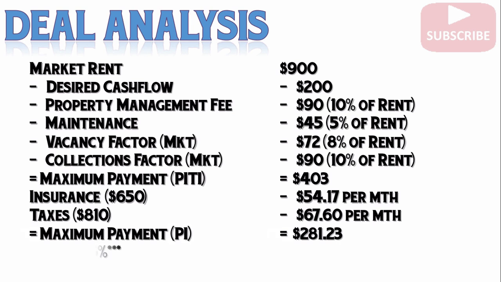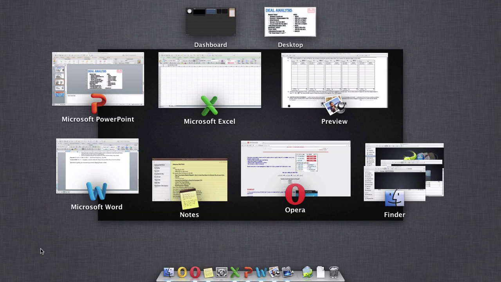$281.23. What I will do is I will take this payment and I will also take the 30-year fixed rate mortgage that I'm going to be able to qualify for. And let's say in this example, I can qualify for a 6.5% investor loan, 30 years fixed interest rate. And what I'll do is I'll take this information as far as payment is concerned, and I want to solve for my loan payment. Remember, I told you, if you have 3 out of those 4 things that we talked about in that mortgage calculator, which I'm going to show you how to use right now, I can solve for the 4th thing. Well, we have the payment, we have the term of 30 years, and we have the interest rate. So I will go directly to that loan calculator, and I'm going to select that